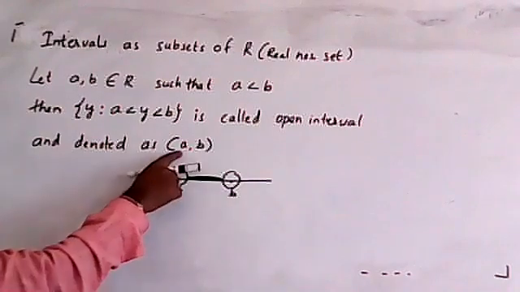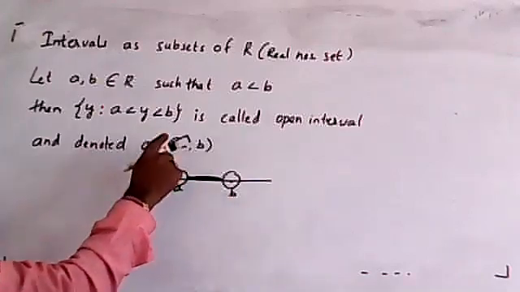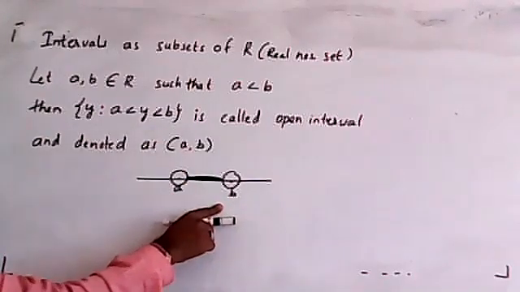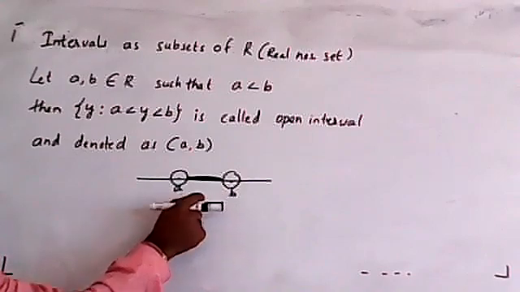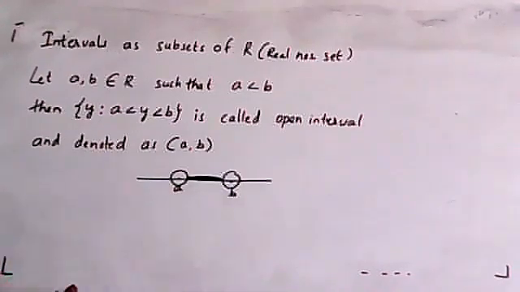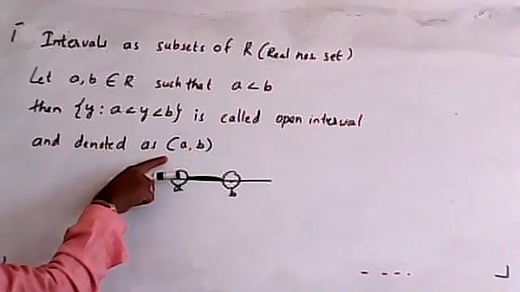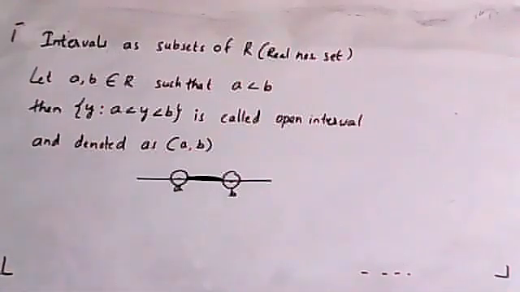It means the number a, which is a real number, and b, which is a real number, and a is smaller than b. We are not including the number a and the number b. We are including only the numbers in between a and b. When a set is written with such kind of things, that can be reduced in this form also. So we are using intervals as a substitute of sets.